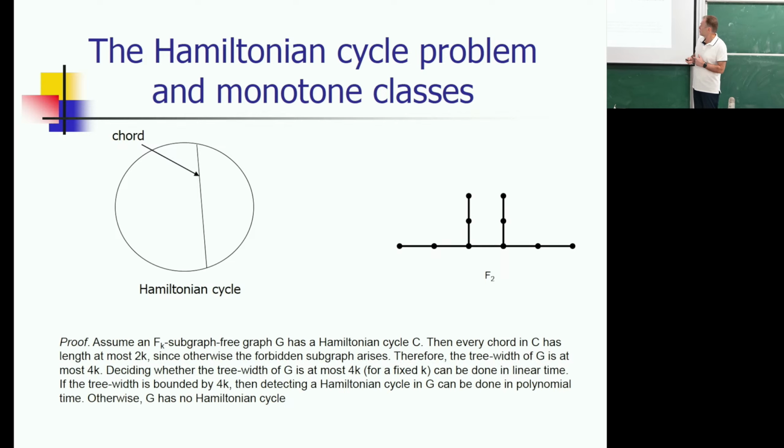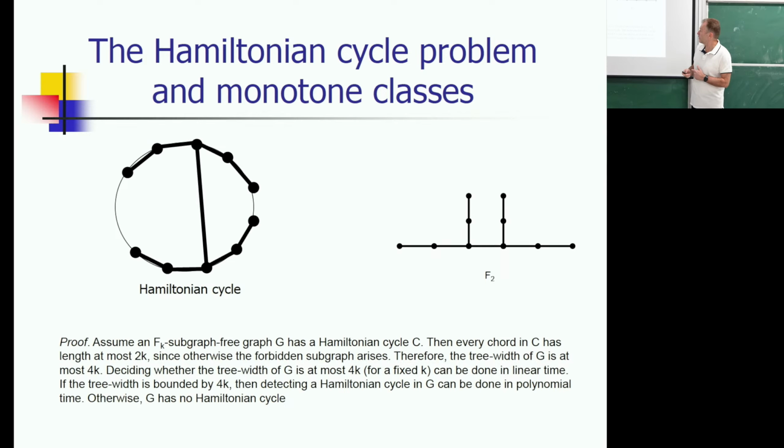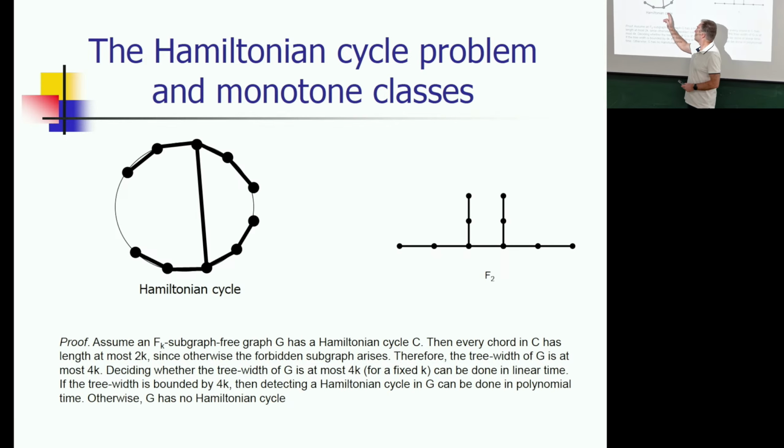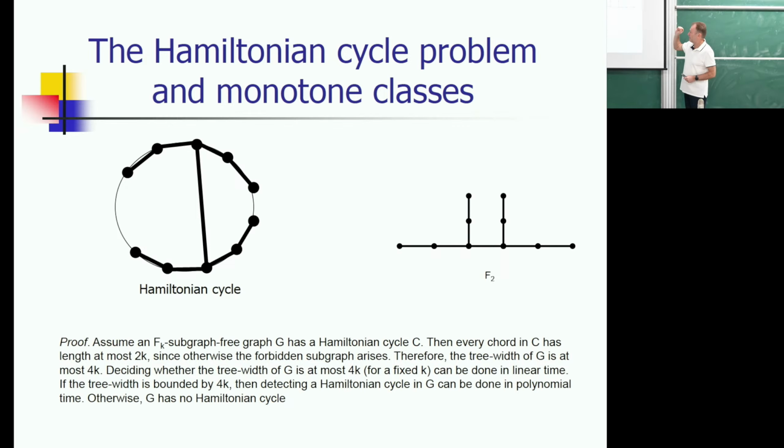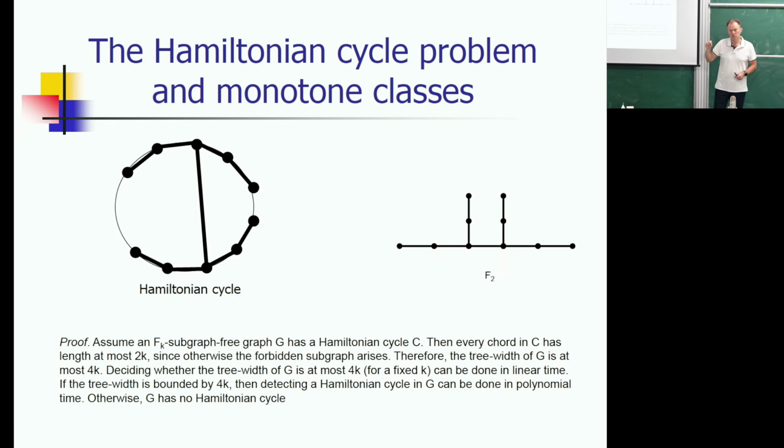Then every chord has length at most 2k, because if both paths are sufficiently large, then we find immediately a forbidden graph. So if our input graph has a Hamiltonian cycle, then the length of any chord is at most 2k,